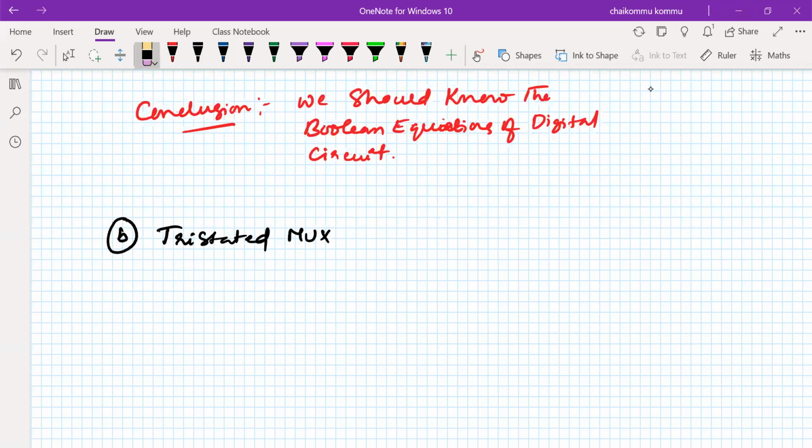See, the question is that whatever digital circuit you consider here, for example a 2 to 1 mux, let us consider I0, I1, this is the selection line, and this is the Y. We don't want to bother about what is inside the circuit, whether it's realized with tri-states or with the help of basic gates. That means we don't want to bother about the internal view of your circuitry.